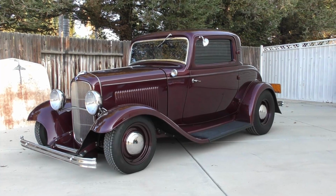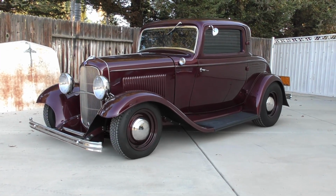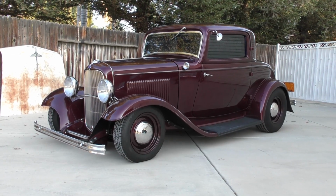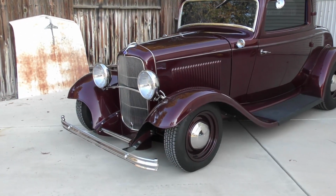All right, here we are in a beautiful early Bakersfield, California morning. A little chilly outside, in the low 40s. Walk around and tell you about a very cool, old school style 1932 Ford 3-window coupe. It is an original Henry coupe, all Henry steel, that type of thing as we cruise